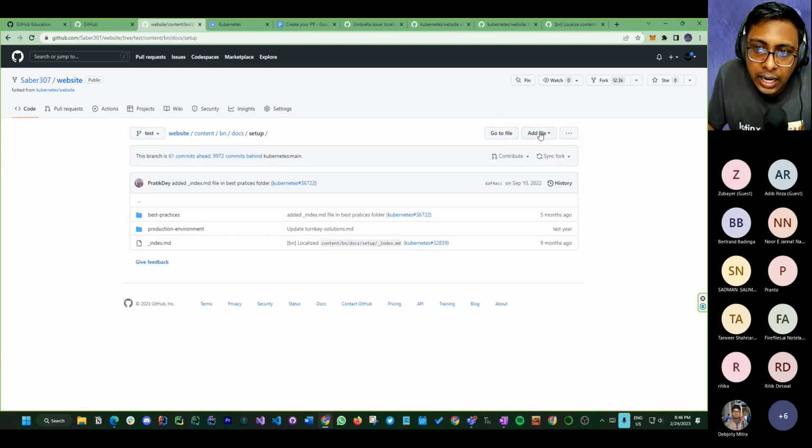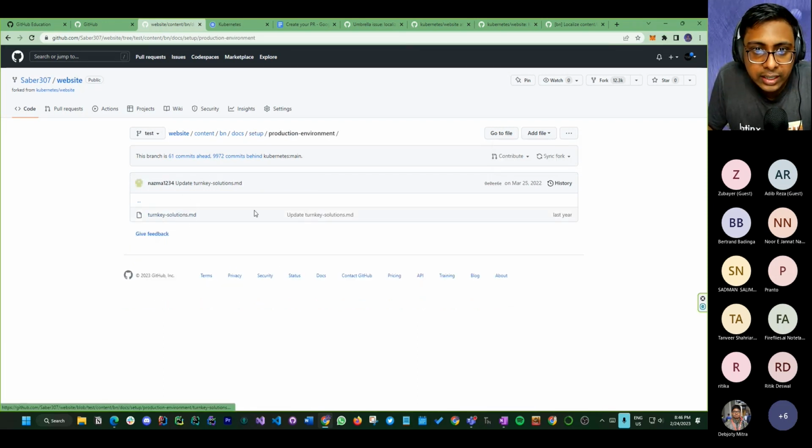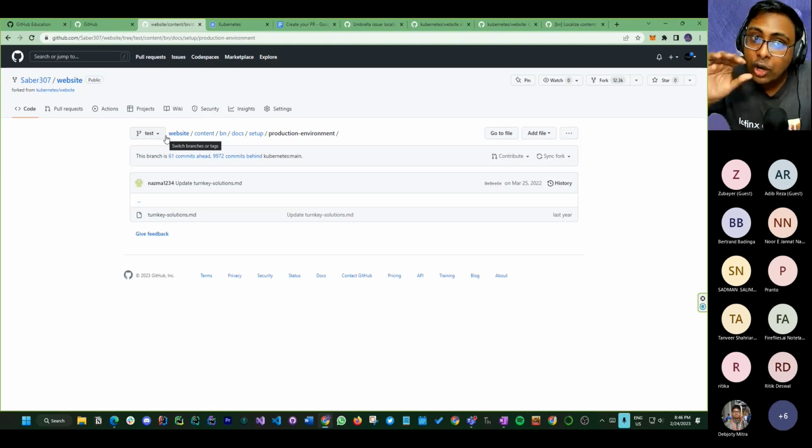You can see add file, there, create a new file. You have to create the file then. I think you are familiar with that. If you're not, I will show you that process as well. Just let me show you, as this path was already created, how we are going to create one in the test branch. We will not use it for another contribution. Just for one file contribution, we have created this branch.